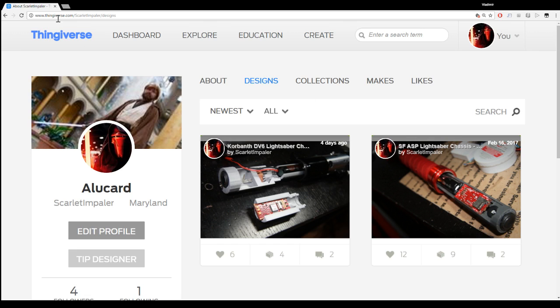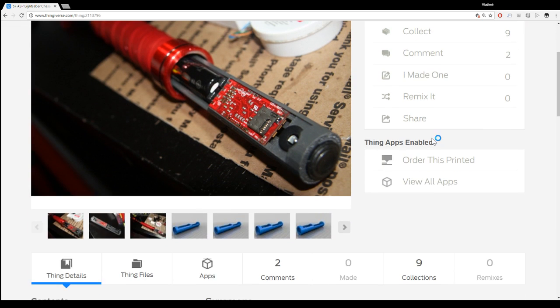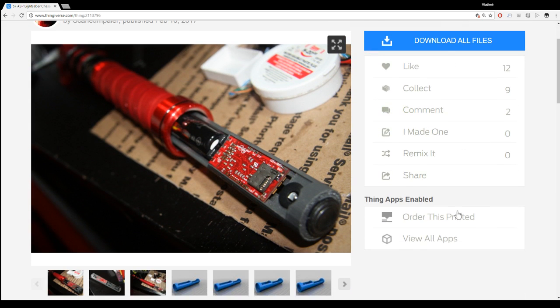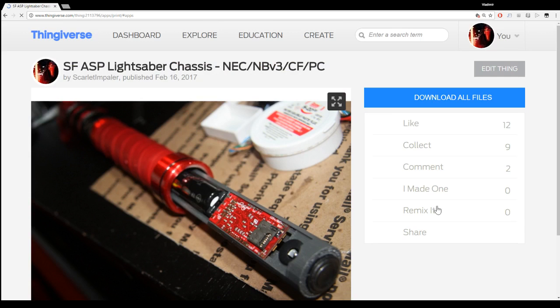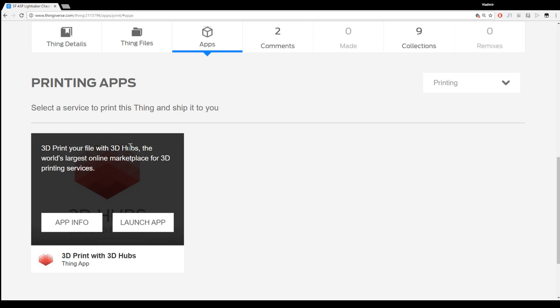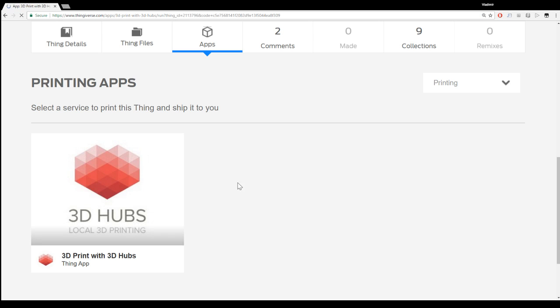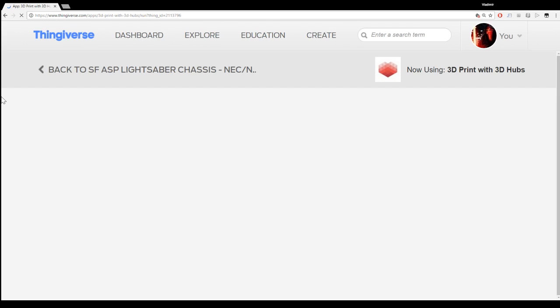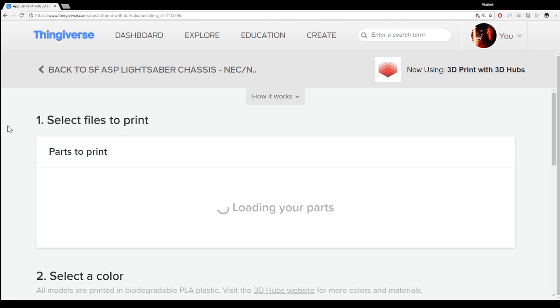So we're at my Thingiverse page. Let's just go to ASP. On the right hand column, we'll see and click order this printed. Now you'll go to the apps page. Now don't worry, this is not like a phone app. You don't need to download anything, you don't need to install anything. This is just an app for the Thingiverse community. So just scroll over it and hit launch app, and then this will load,